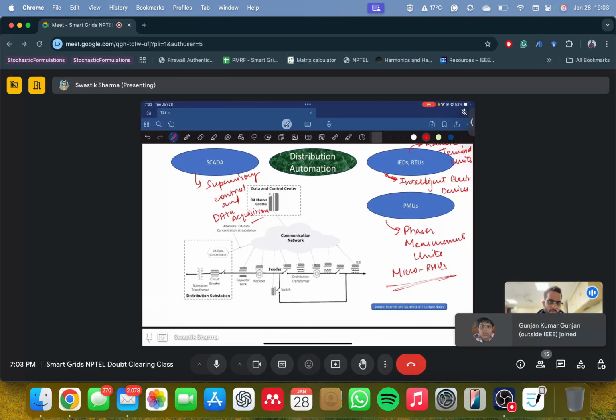But what we get from theoretical knowledge is that people are in places where they just want to use IEDs coupled with PMUs, not RTUs. I don't know why. I haven't really gotten into the crux of it. I never really thought about RTUs being better than PMUs, because PMUs came as a very small device to create phasor measurements, which can just give you the state or health of the system just by looking at those two phases, right?